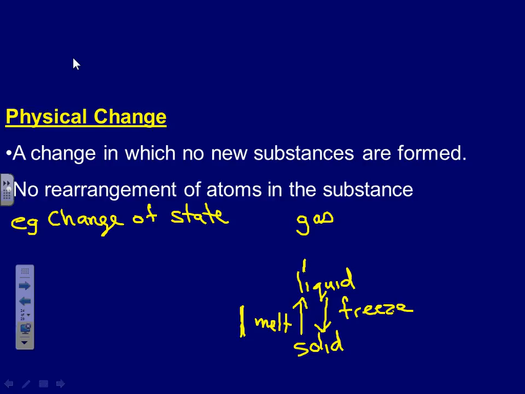Liquids, if the particles get even more energy, those particles can jump right out of the glass. Those particles can leave the glass and become a gas. What do we call it when a liquid becomes a gas? What's our term? Evaporation or